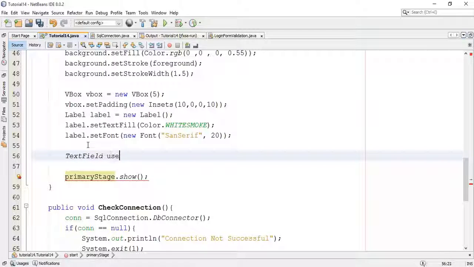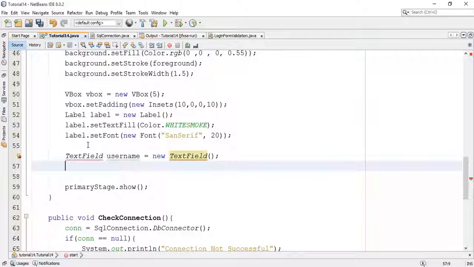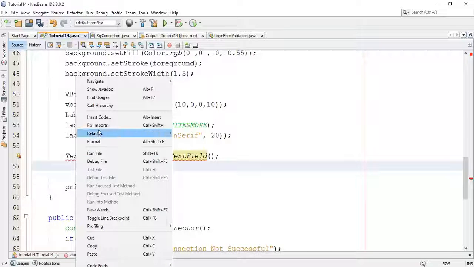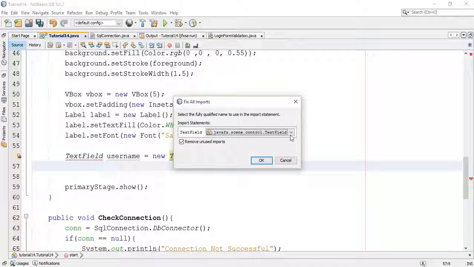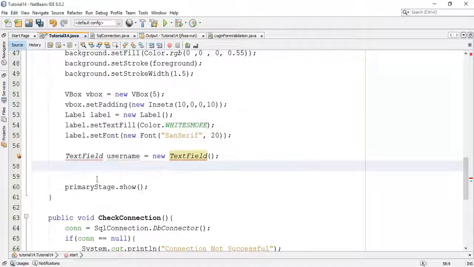Now next, I'm going to add a text field for a user name. Say username equals new TextField, and fix the import for the text field, javafx.scene.control.TextField. Then I'm going to add the font for the text field.